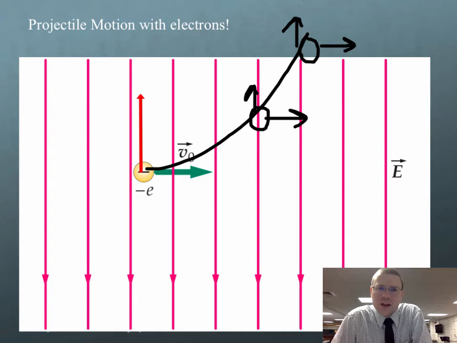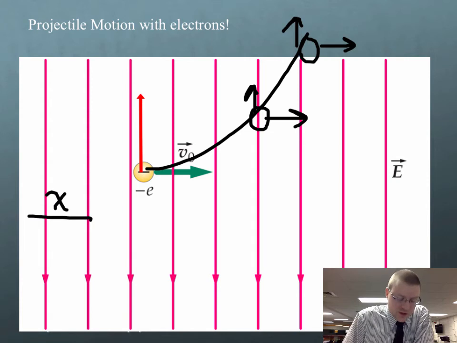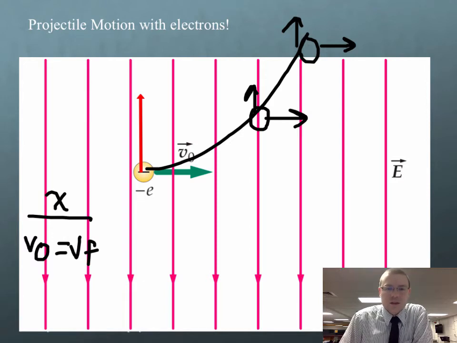So it's kind of a reverse of a projectile. Instead of arcing down towards the ground, this one's arcing up. And we can do all the things we did in projectile kinematics. In the horizontal direction, we know the initial speed is also equal to the final speed, since the velocity is